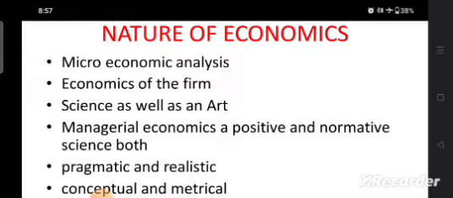The next nature is economics of the firm. According to Norman, managerial economics includes that portion of economics known as the theory of the firm, or the body of theory which can be of considerable assistance to business in decision making. For instance, the study of managerial economics includes cost and revenue analysis, price and output determination, profit planning, and demand analysis and demand forecasting of the firm. That's why we say that we are going to study the different economics of the concerned firm.